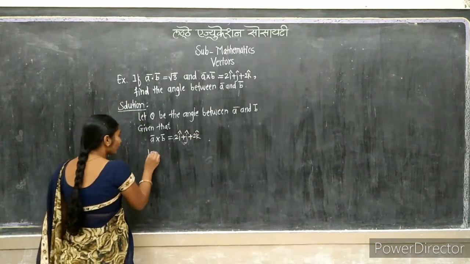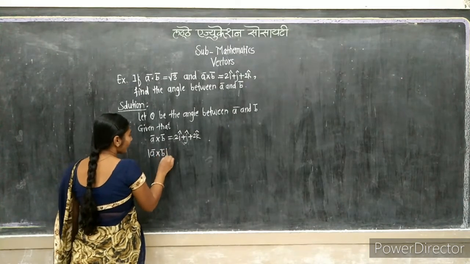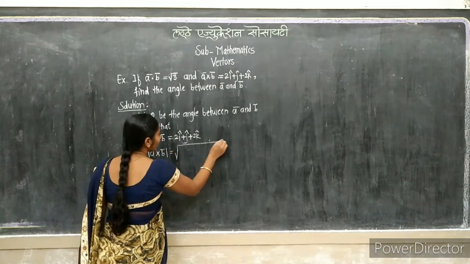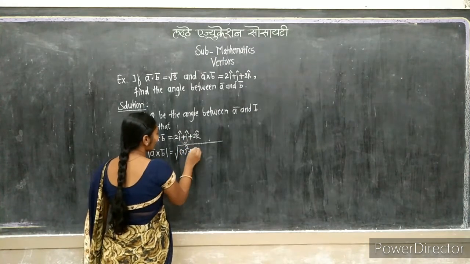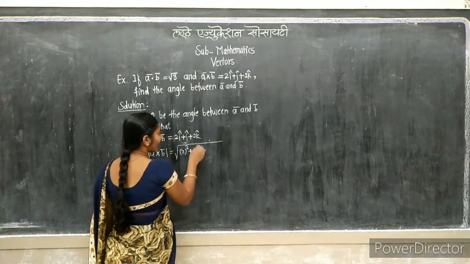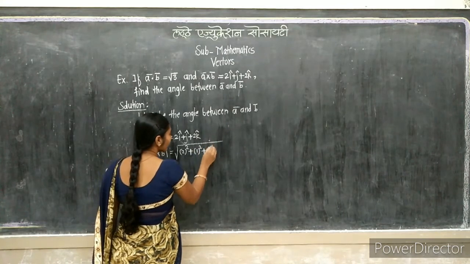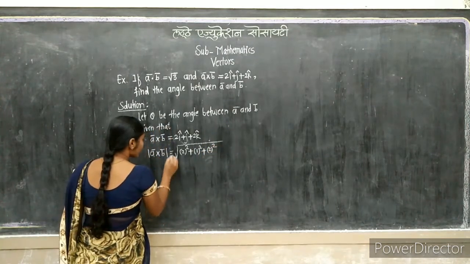The magnitude of a bar cross b bar is under root of the component of i square, that is 2 square, plus the component of j square, that is 1 square, plus the component of k square, that is again 2 square, which is equal to